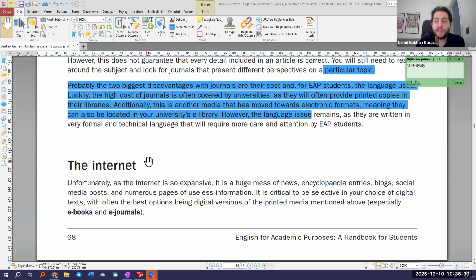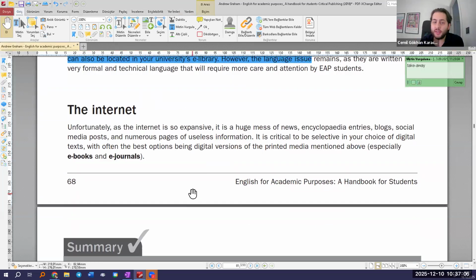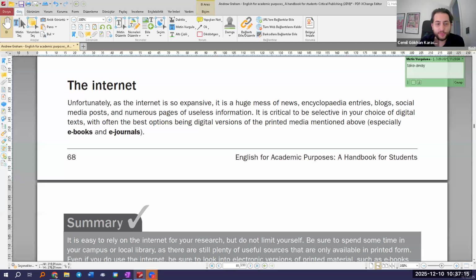So, we talked about types of sources, right? To finish up, today we have the internet. All of the books and journals and papers, everything can be found on the internet. The book is not very up to date, so it says go to bookstores or a library at your university to find more. However, everything is on the internet right now. Maybe if you can access the book, then you can get it in concrete form. All right.